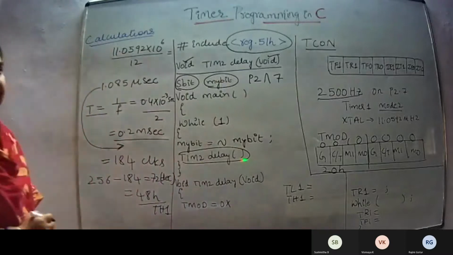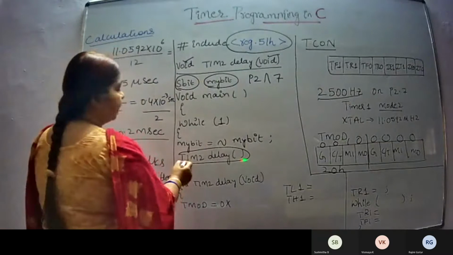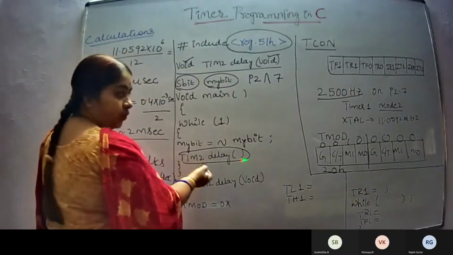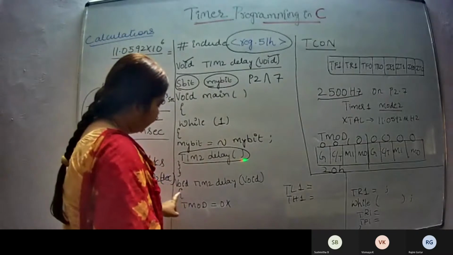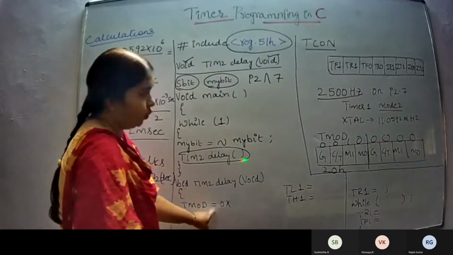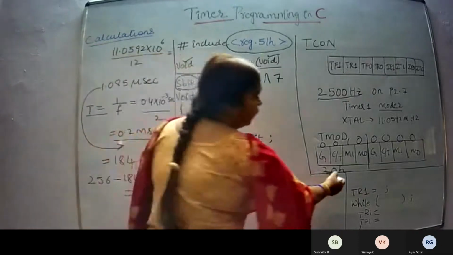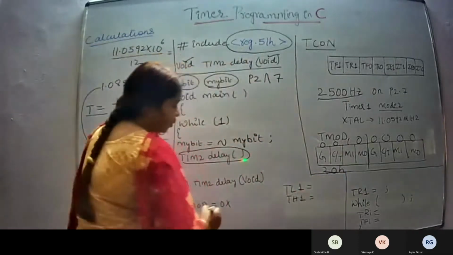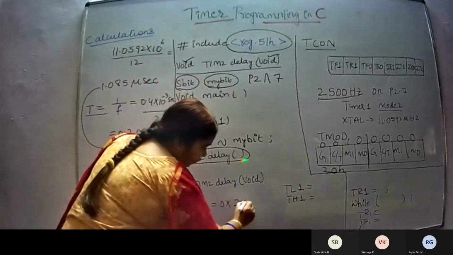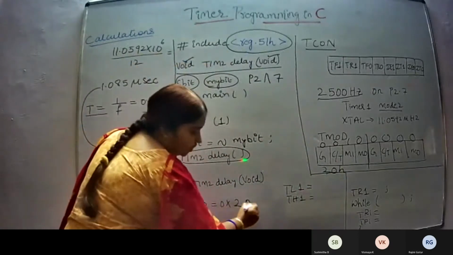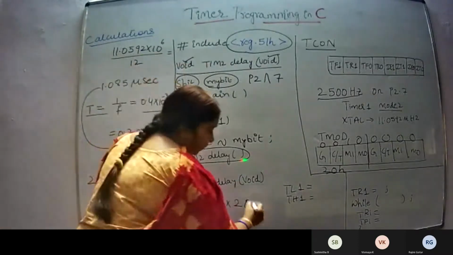Now you have to write what this delay program is. Since it is timer 1 mode 2, this name is also user defined. You can give any name here. So we'll start the program. TMOD is equal to, what was the value we calculated for TMOD? Since it was timer 1, we got the value as 20H. You should not write 20H as we wrote in assembly. In C programming, you should write 0x20, comma.